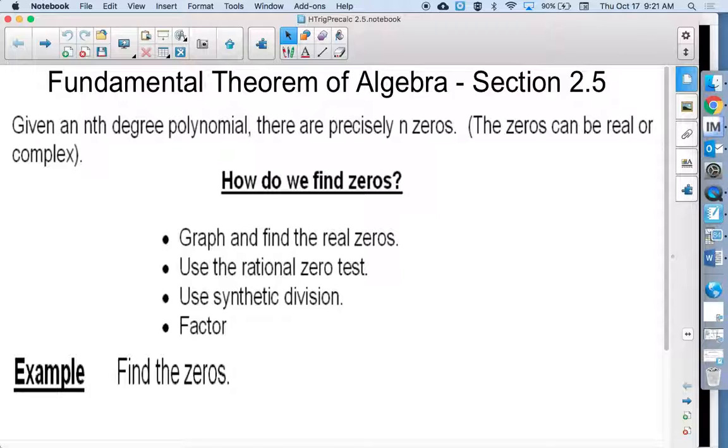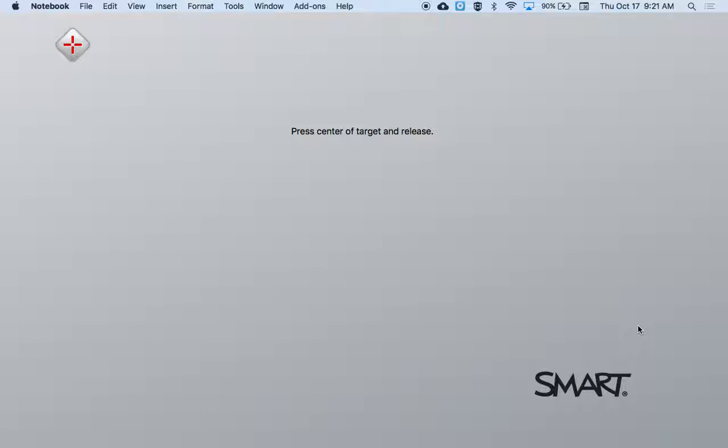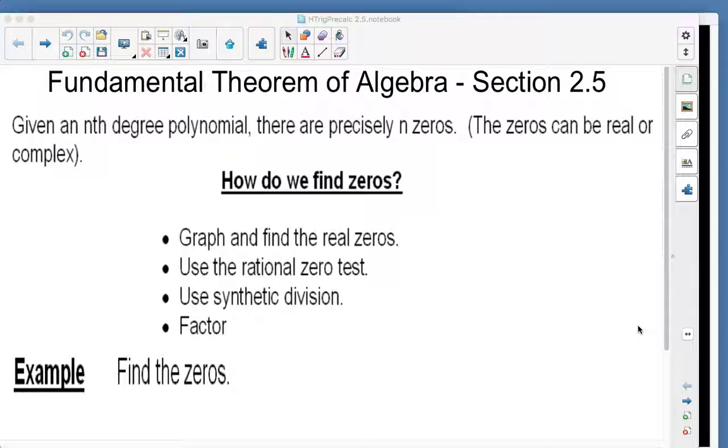So the problem says, how do we find zeros? We can graph it and find the real zeros. We can use the rational zero test, which you have to use if you're graphing it with the calculator, because that's kind of the algebra behind why you're looking up the numbers in the calculator. We'll use synthetic division, and we will also factor. And we factor so that we can find the remaining zeros after we use synthetic division. So we are going to try and use that process to see if we can find all the zeros of